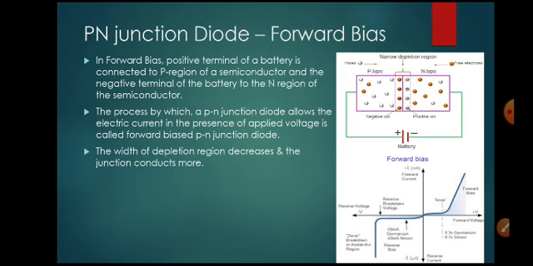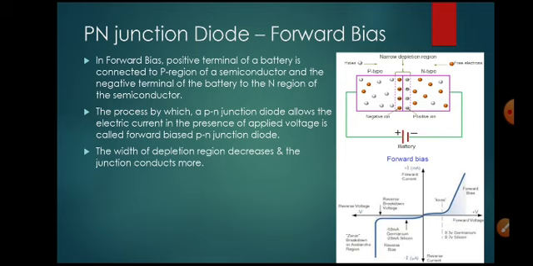This enormous movement of electrons to the left and holes to the right across the junction leads to a large current flow through the semiconductor. The junction offers low resistance in the forward direction. Here the free electrons move from the n region towards the p region, and free electrons are injected by